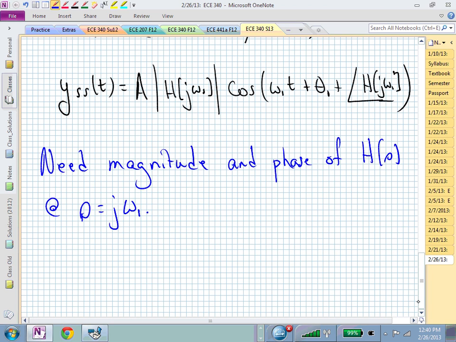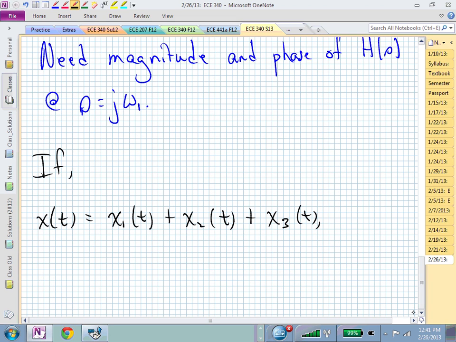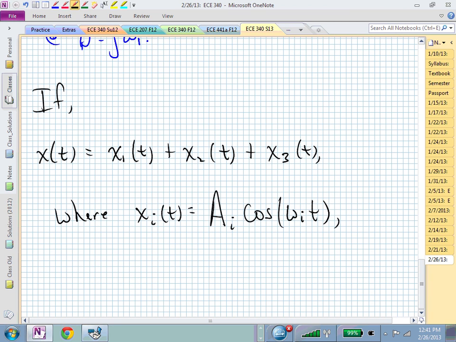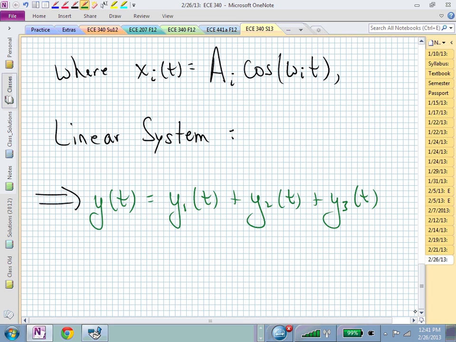If now, instead of just that simple x of t, x of t is made up of many different parts, let's say x1 of t plus x sub 2 of t plus x sub 3 of t, where x sub i of t is equal to capital A sub i cosine omega sub i t, pass that x of t through a linear system, now you can write down what the output is, y of t. y of t is just going to be the response due to each of those three separate sinusoids,